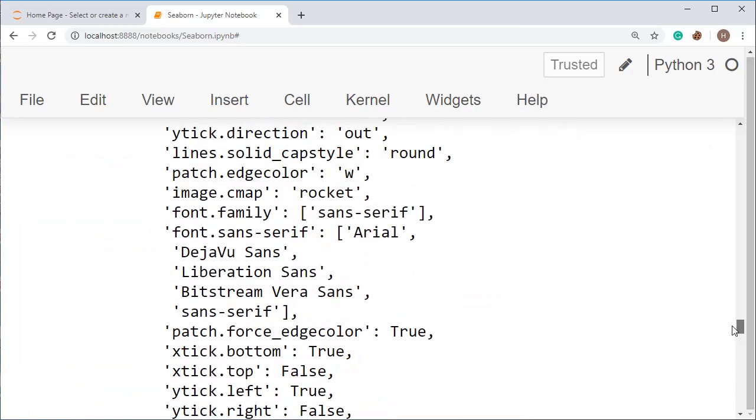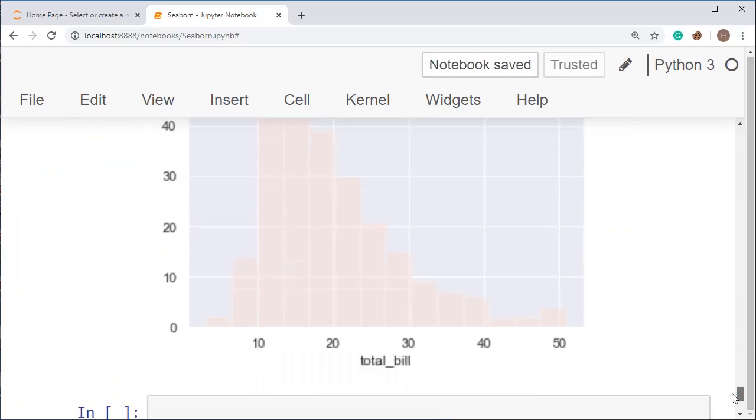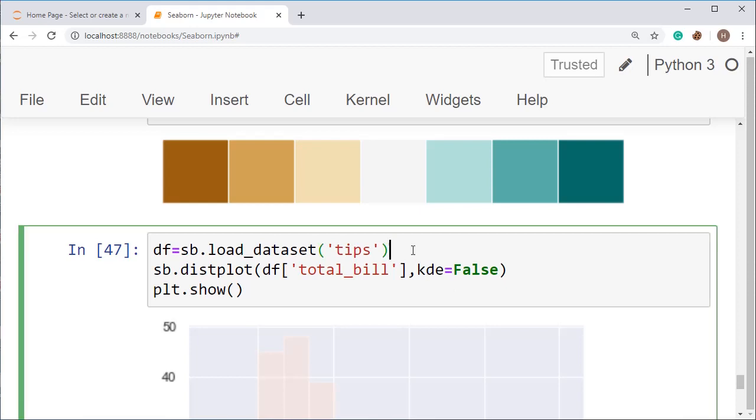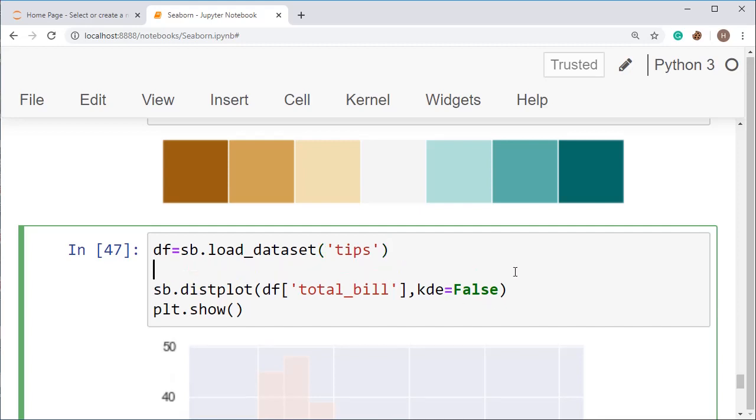We have to just use the set color palette and write it before the plt.show so that it can change your color style. So write sb.set_palette and just pass the color name. That one is red, green.